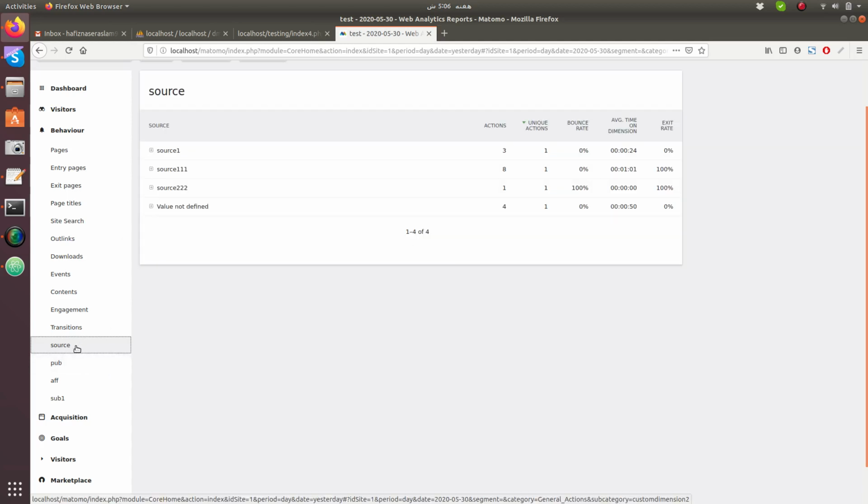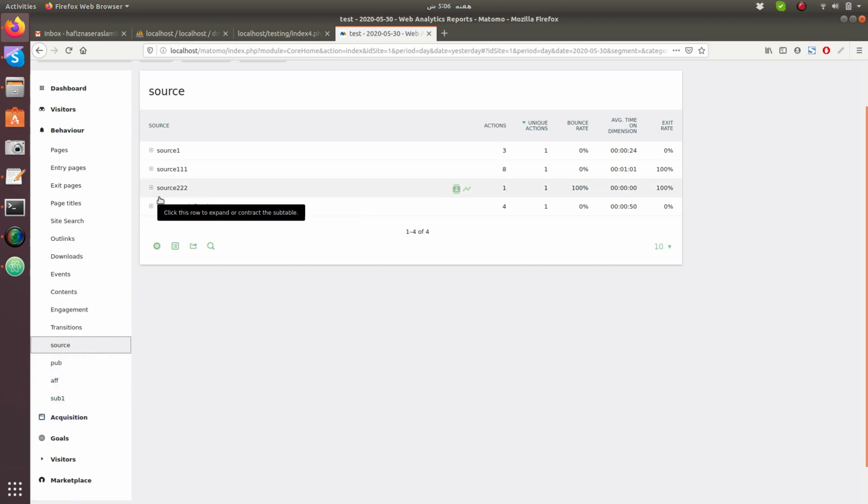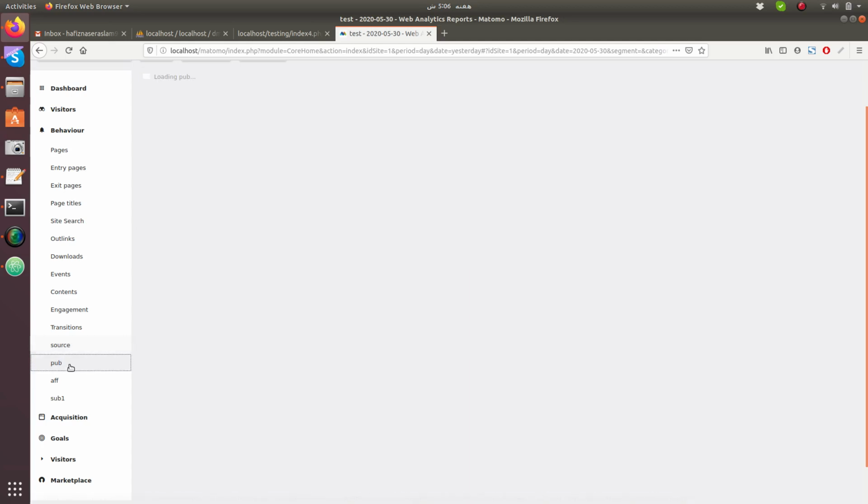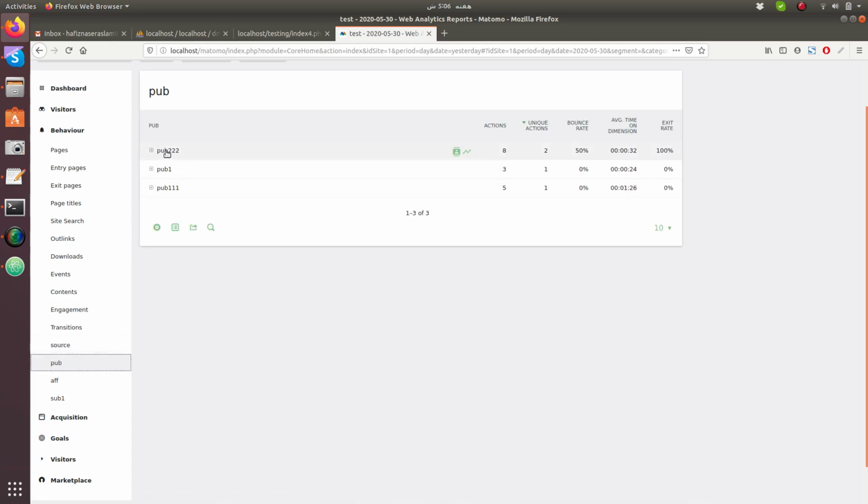These are my 4 custom dimensions: source, publication or pub, f, and sub1. So this is my new custom dimension, and the same would be for publication. Here we have the latest one.